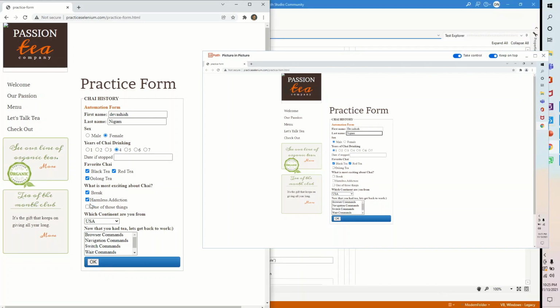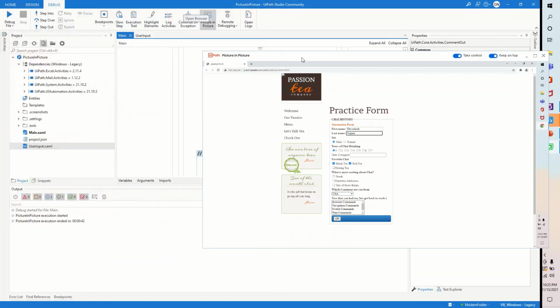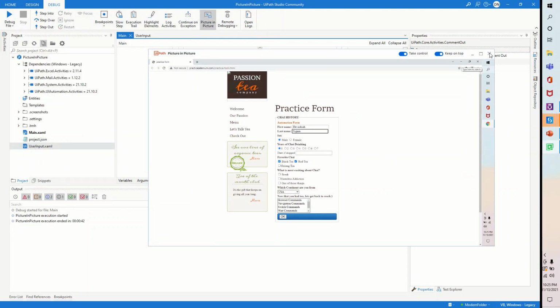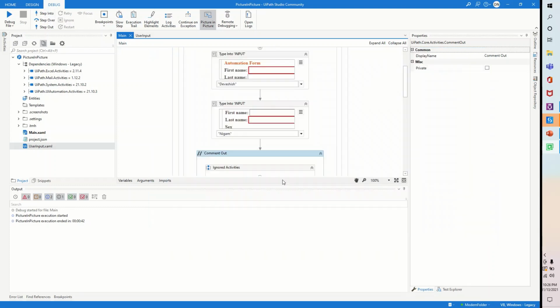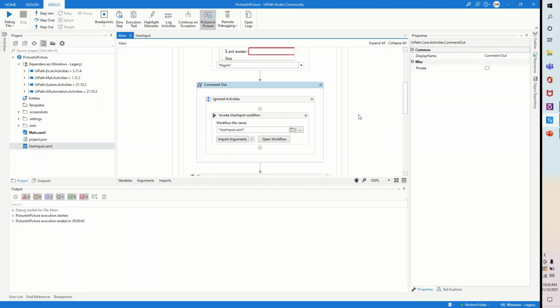This is a pretty useful feature. Let me close this window, and this is take control. Right now, you can see I can click here and there, but as soon as I disable this take control, I won't be able to click or do anything inside the window. So I have to enable this in case I want to do something, but as soon as I disable it, I won't be able to do anything. Let me close this. You can see I have commented out one piece of code that I want to show you.